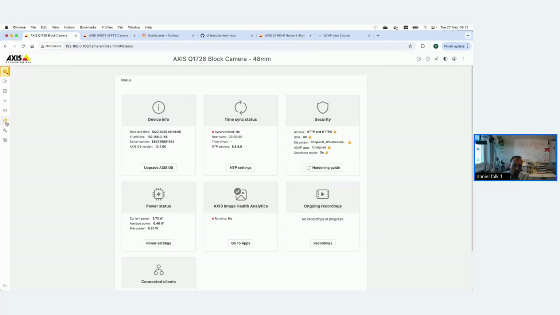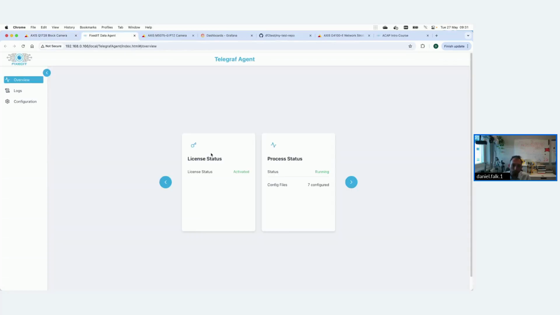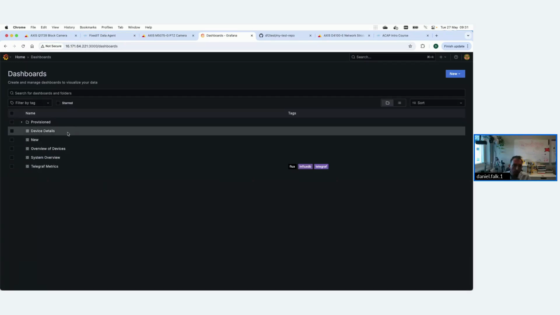So if I go back to this camera here and I go to the apps page, then we can see that we have the Telegraph agent running here, which is our data agent. And if we go into this one, we can see it's running and it's currently pushing data to our InfluxDB server. And that data we can now access in our cloud-hosted server, where we can have a look